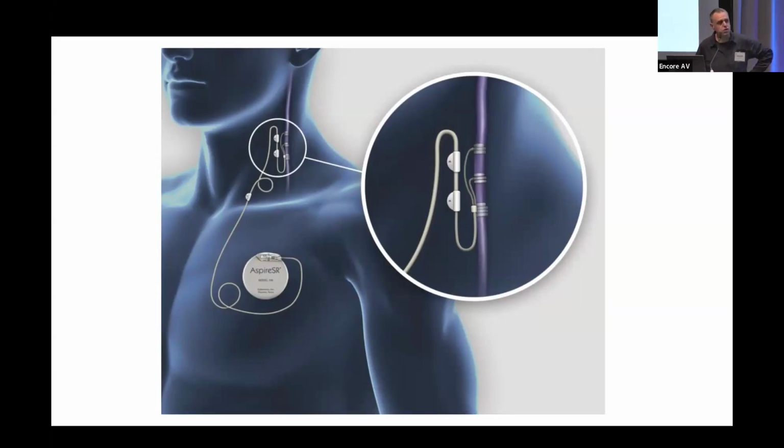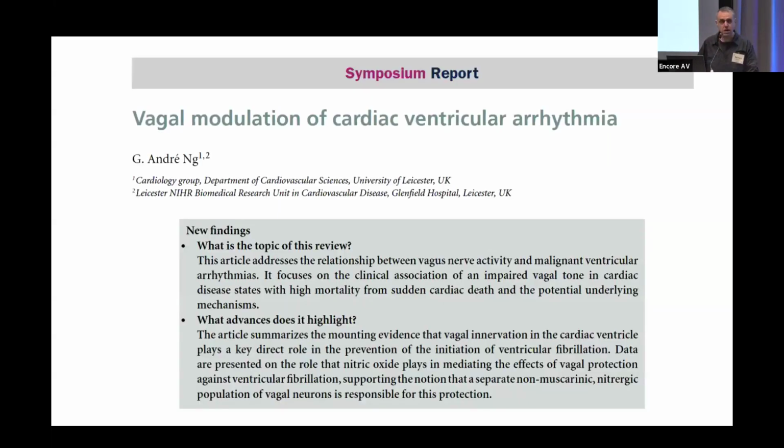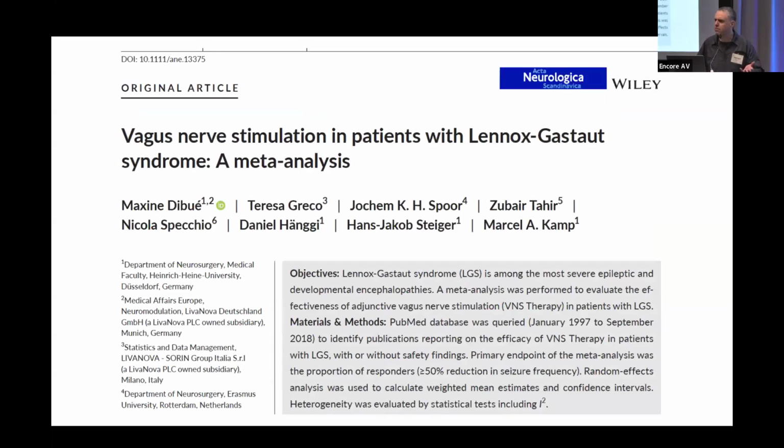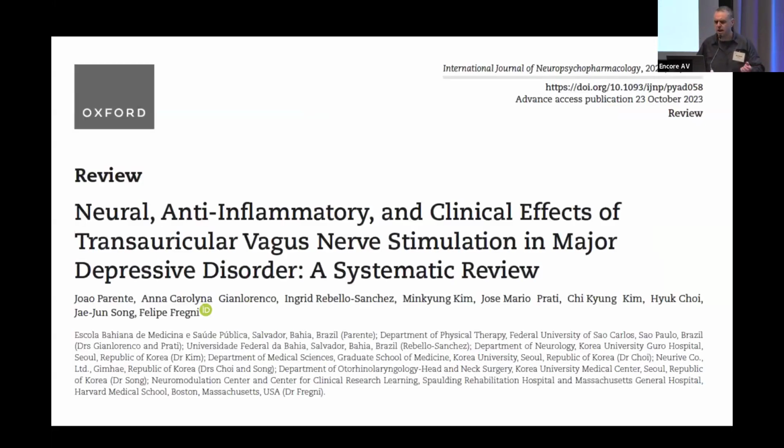There is right now a huge interest in the vagus nerve, one of the many nerves in the body, but the vagus seems to have quite a deep-seated effect on visceral control. And stimulation of the vagus not only has direct impact on cardiac arrhythmias, but also, for example, in refractory pediatric epilepsy. We're getting some interesting results there.